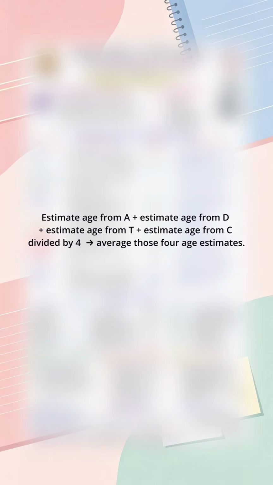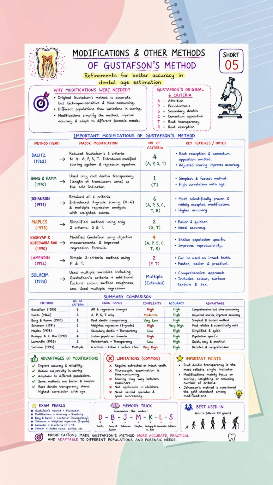So estimated age is 8 plus d plus t plus c divided by 4, which is the average of those 4 age estimates. Then Lamendin in 1992 used 2 simple parameters: periodontal recession and root dentin transparency, making adult age estimation